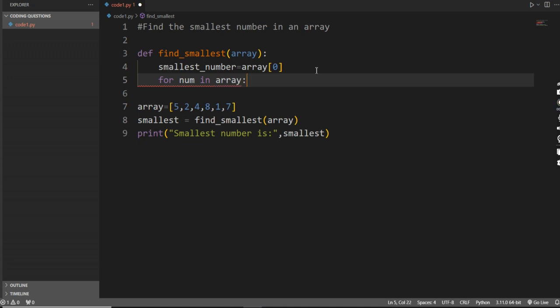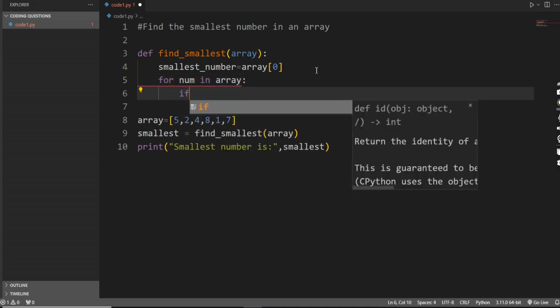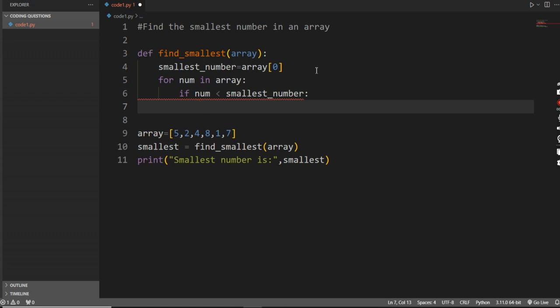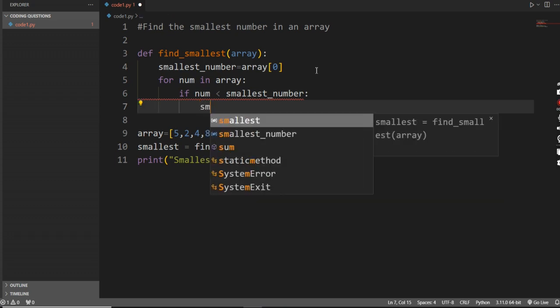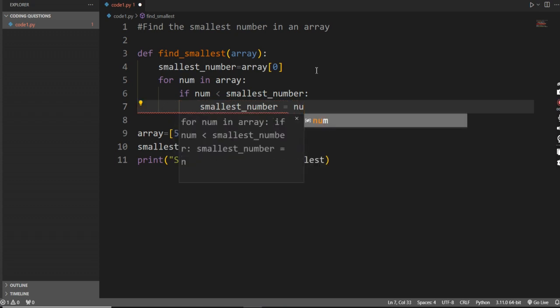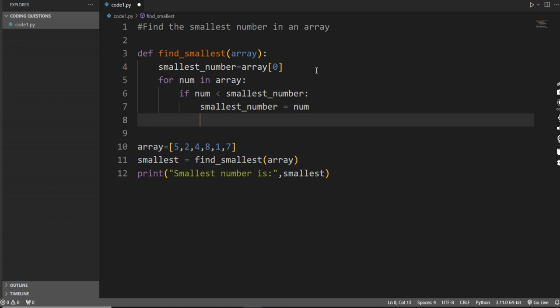I will use a for loop for the array, and then if num is less than smallest number, then smallest number will be num. Return